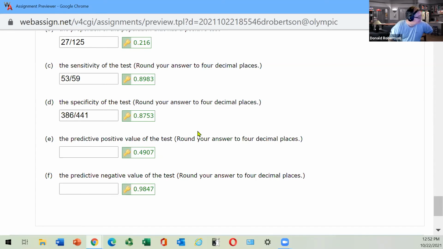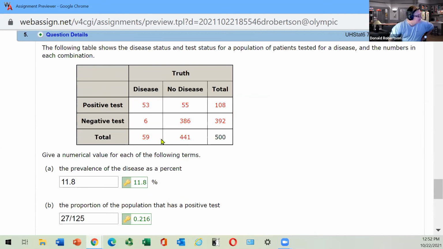The predictive positive value of the test and the predictive negative value of the test. Oh, I saved myself by the bell. We are finished. So you are going to find out by going to the ebook and finding out what the predictive positive value of the test is and what the predictive negative value of the test is. I'm pretty sure that it's something to do with 53 out of 108, right? And 386 out of 392. I'm pretty sure it's those, right? But you can double